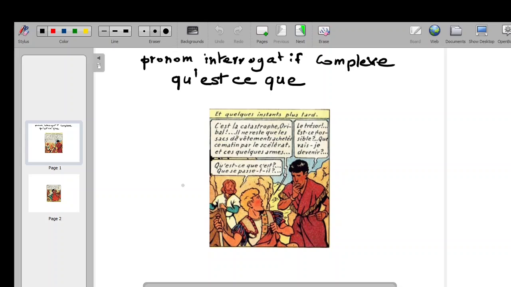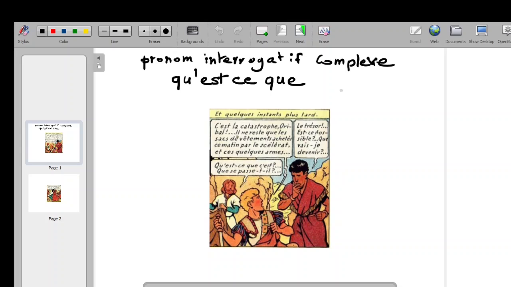Today we're going to talk about the pronom interrogative complexe, the complex interrogative pronoun. And I'm sure you've seen them before. One of them is qu'est-ce que. And this construct, you see that a lot